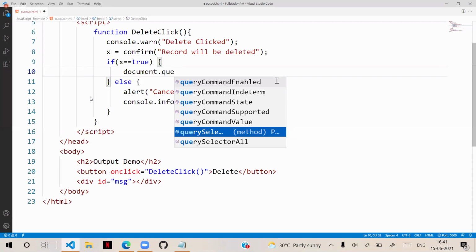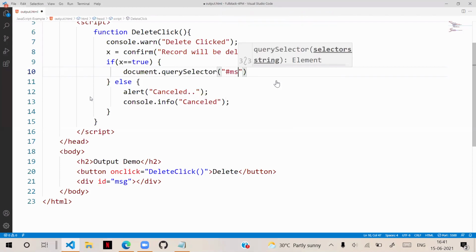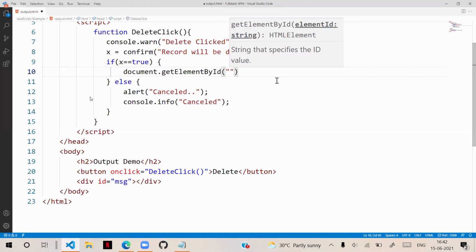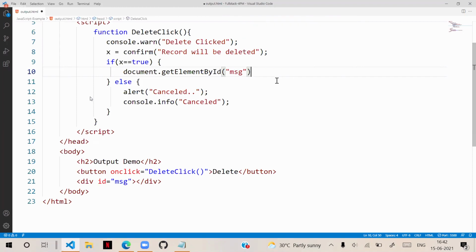Query selector refers, or you can use get element by ID, anything. Now the ID is MSG. Inside that I want to display. Div